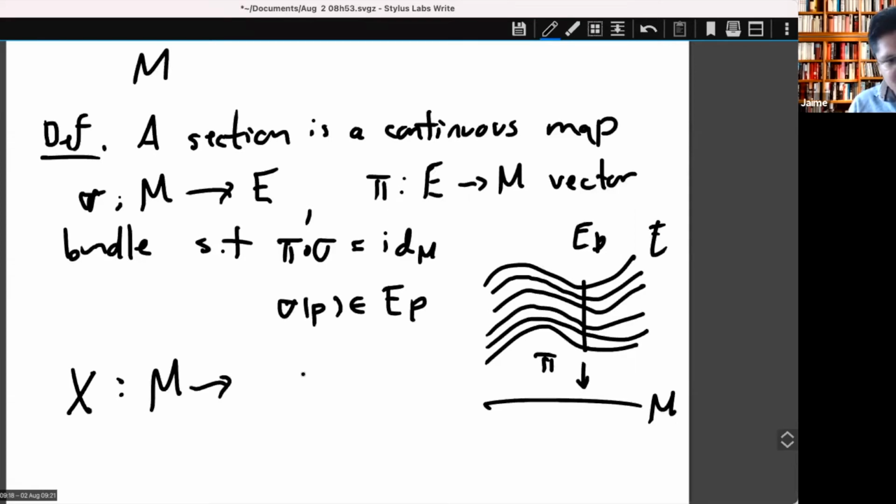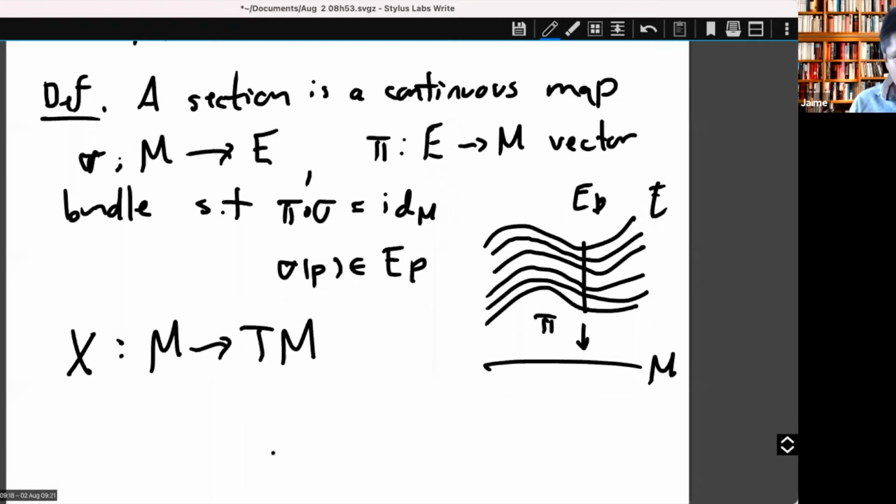So this is the rigorous definition of a section, right? Considering TM as a vector bundle and then take the definition above. It's nothing really complicated. So when actually these things are defined here are what we call global sections,